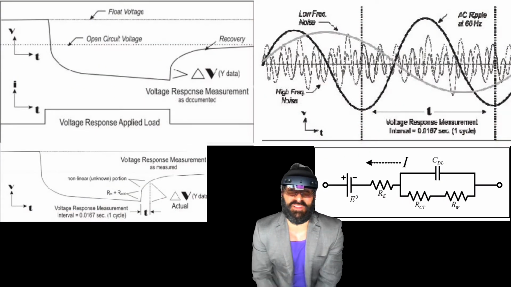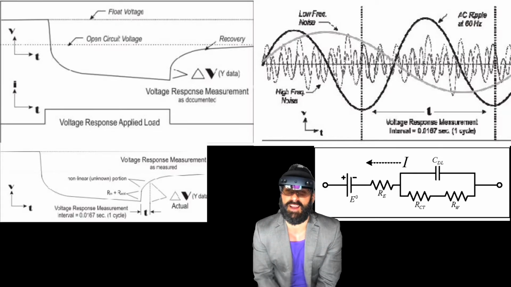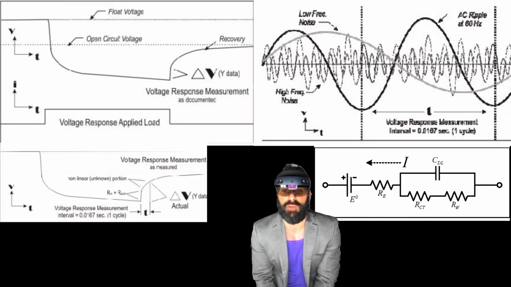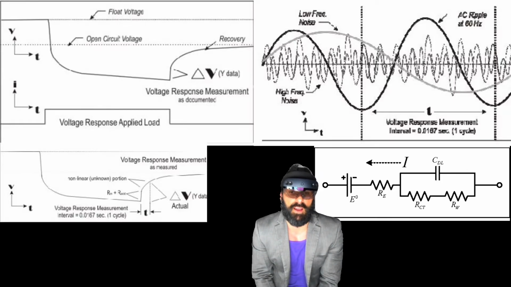Let's very briefly review DC resistance, which is purely resistive and has no capacitive reactance, versus AC impedance and conductance-based methodologies. Now, I'm a proponent of DC resistance mainly because it's been used for a long time. It's one of the oldest and most reliable test methodologies, and it generally only lasts a few seconds, and the load current can be anywhere between 20 and 100 amps depending on the battery size. As we reviewed in the first iteration of the volume series, all we're doing is looking at the voltage drop divided by the current,